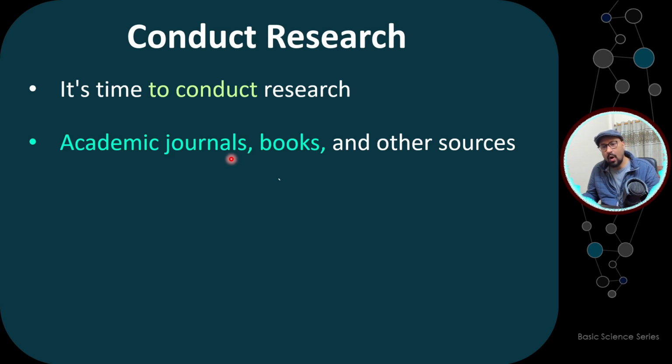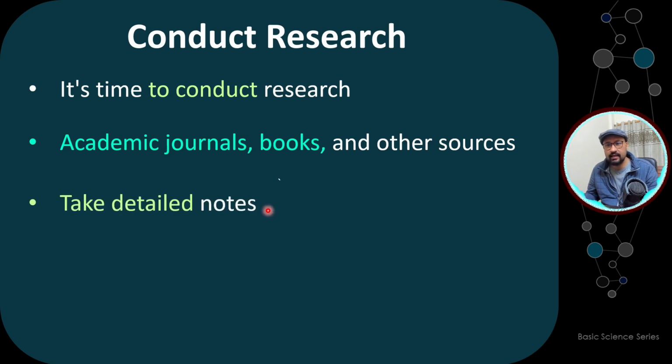So if you go online, go to Google Scholar, type out the research area that you are interested in, and find out some journals, read those journals, read books and other resources, articles on that particular topic, and try to find out the articles that are latest. For example, you can find out the areas that are very, very close to the latest date you're working on, right? So you need to find out that particular article which is latest.